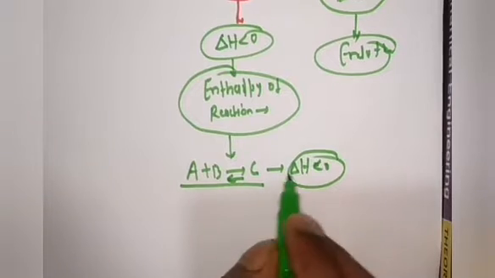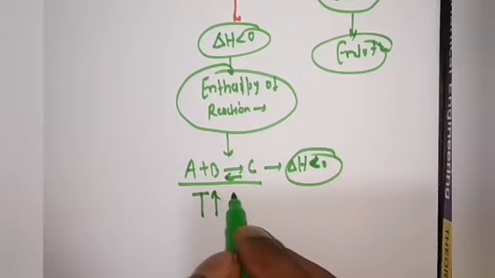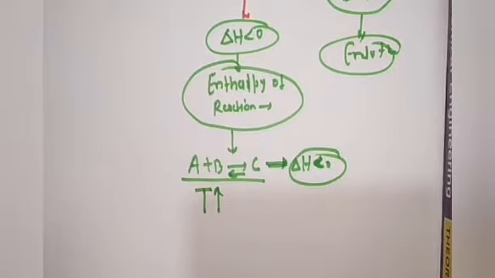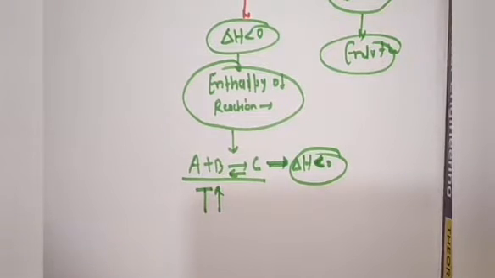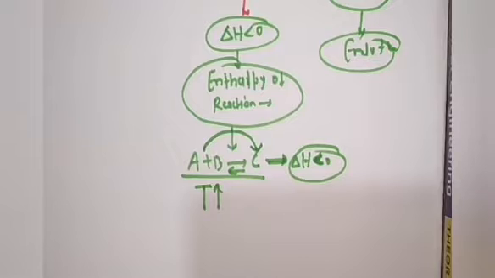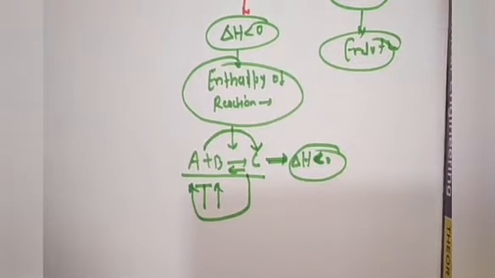What used to happen over here, if reaction is exothermic, then what will happen? If you will increase the temperature, then this reaction will follow the Le Chatelier principle. Okay, because in chemical equilibrium you all have studied the Le Chatelier principle. If any reversible reaction is exothermic, then after increasing the temperature, the reaction will shift towards the backward direction. Means if formation of C is taking place from A plus B, then after increasing the temperature, the reaction will shift in the backward direction. Again C will try to break and come into their initial constituents, just like A plus B. So if you will increase the temperature, the reaction will shift in the backward direction and you won't be getting the product.